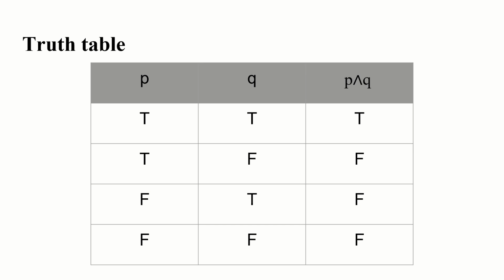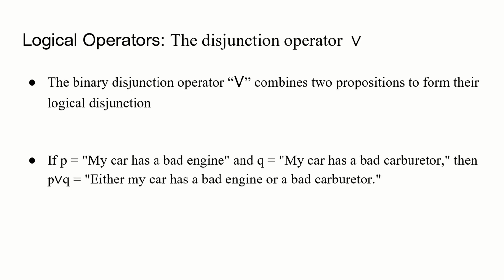So let's take a look at the truth table. If both Q and P are true, their conjunction will be true. But if one of the propositions is not true, the P conjunct Q will be false. So finally, let's move to the third operator,